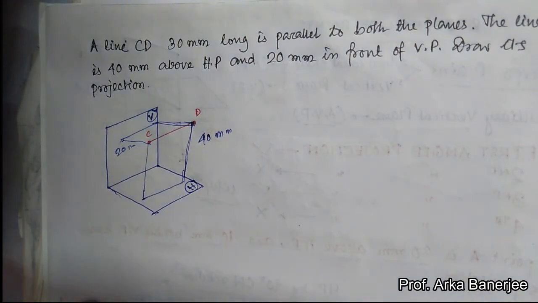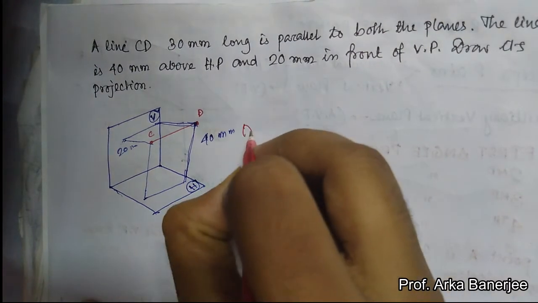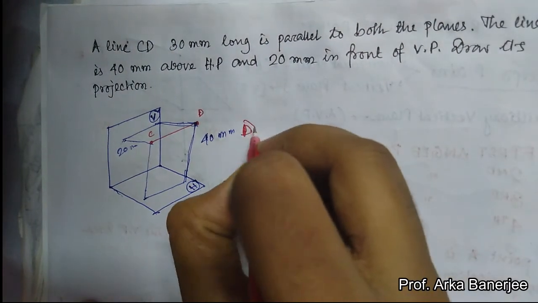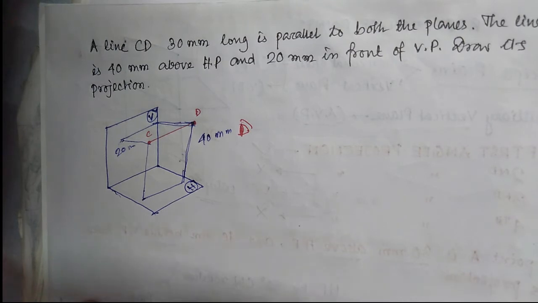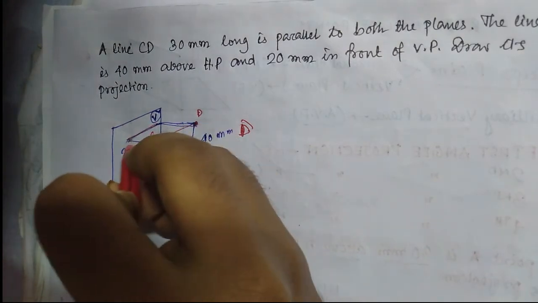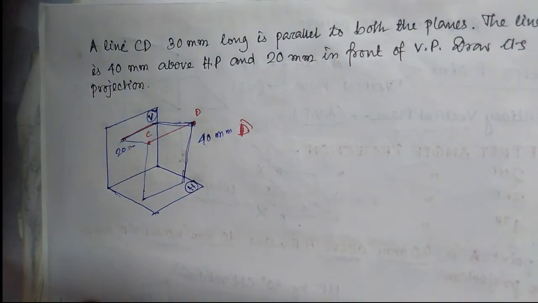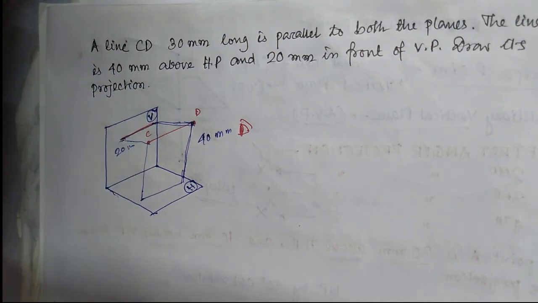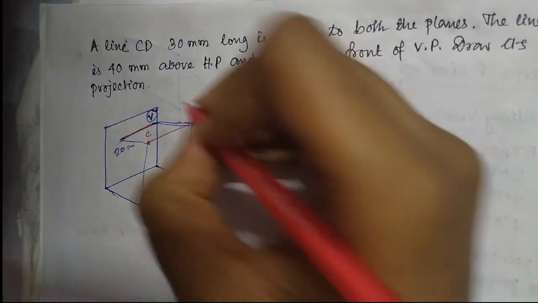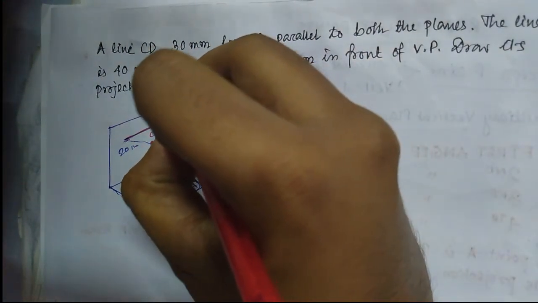Now we need to draw its projection. Now the observer first will be present here and see it on the vertical plane. So it will be the view, and obviously as it is parallel with the vertical plane, the true length will be visible. Second time, for top view, the observer will be present here,